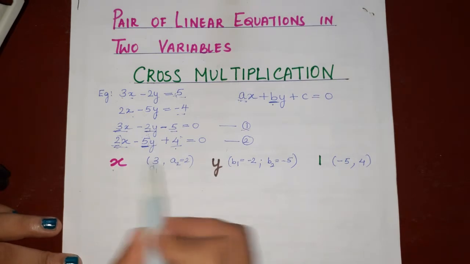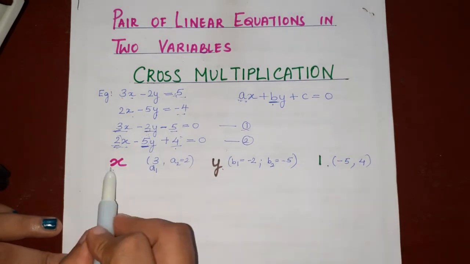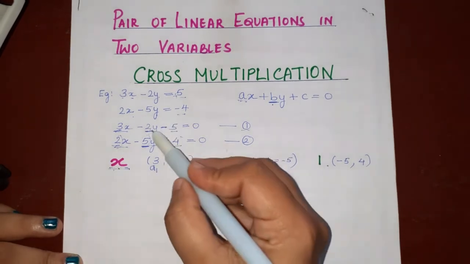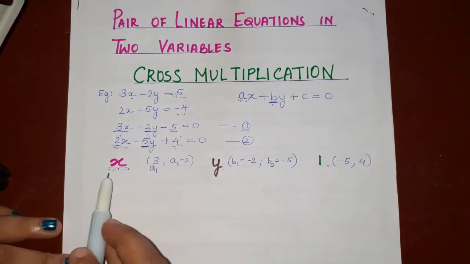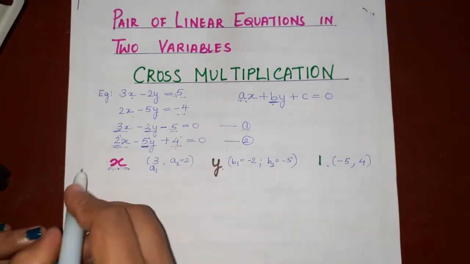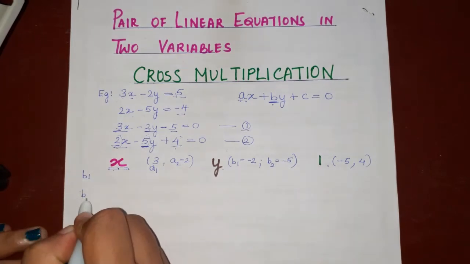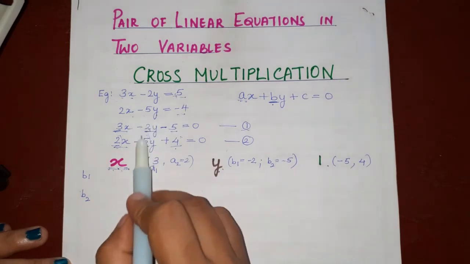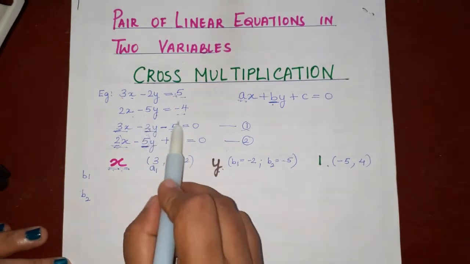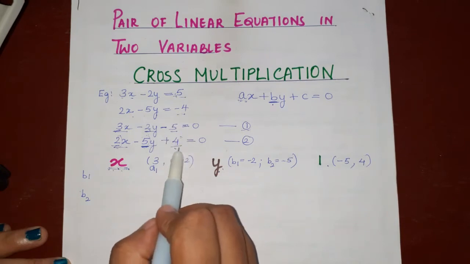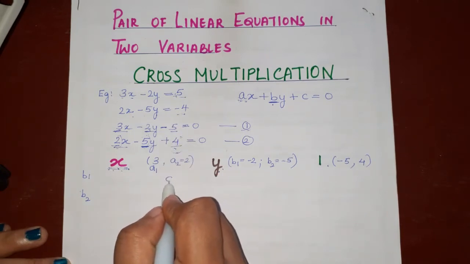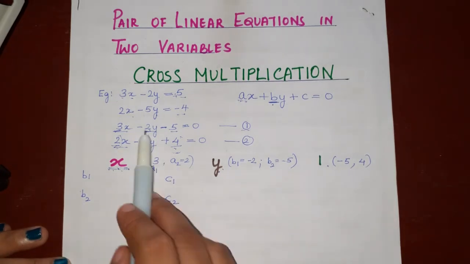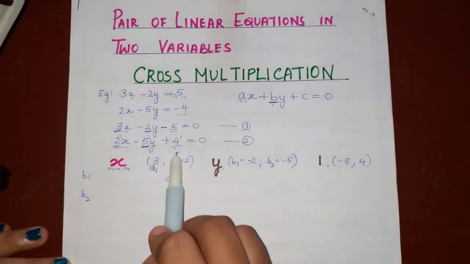So under this x, y and 1, this x is here, I'm going to keep this x in the middle, and I'm going to write the values of b1 and b2 on the left hand side of this x. So I'm going to write b1 and b2 in this fashion. Then in between x and y, so we started with b, so what will come now? This part will come, correct? This is nothing but a constant part, so I'm going to denote it with c1 and c2. So we are going to start with the values of b first, followed by c.